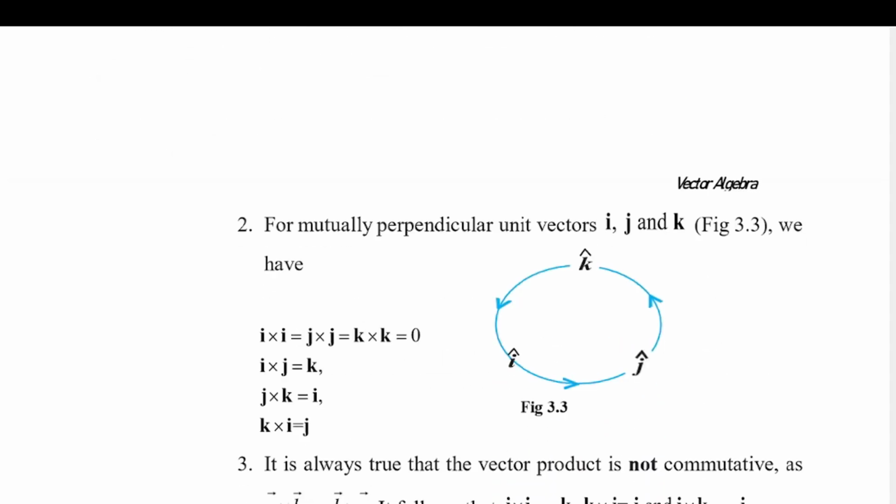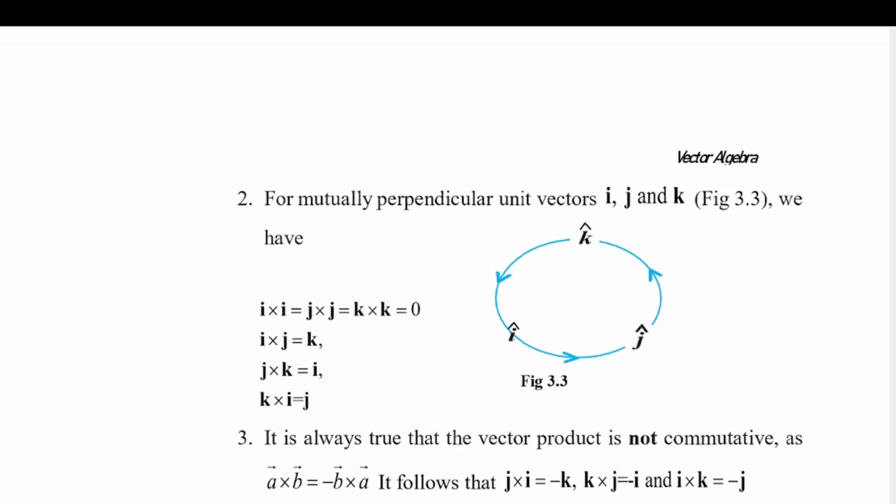Okay, now for mutually perpendicular unit vectors, for example, we have I cross I equals J cross J, which is equal to K cross K. So in this movement, if we cross I to I, it will be the same as crossing J to J, the same as K to K, which results to 0. I cross J is equal to K. And then,